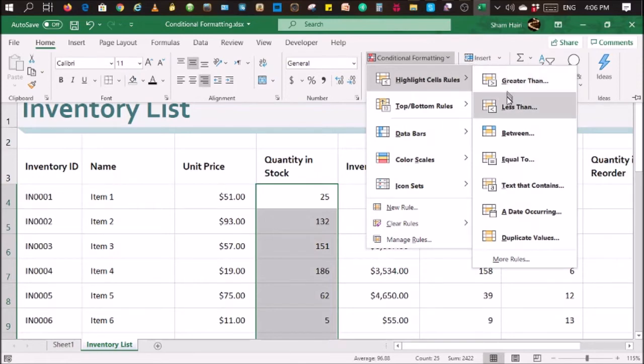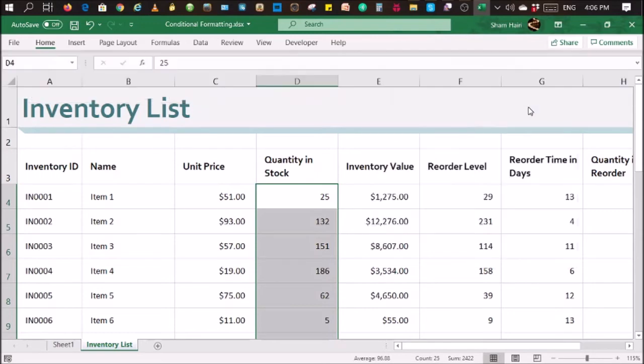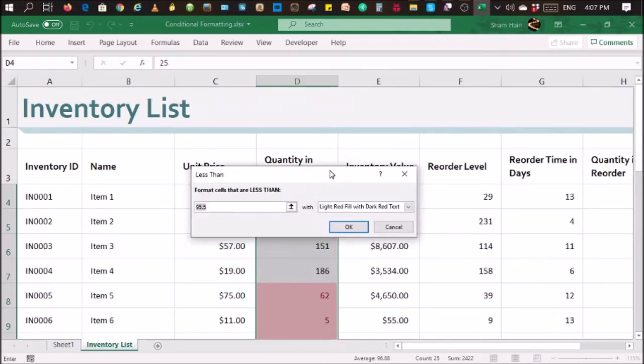Just look at all the choices that you have. You can highlight cells with values greater than something, highlight cells with values between something to something, but in this case we want it to be less than. So click on less than. Format cells that are less than. So in this box over here, type 100